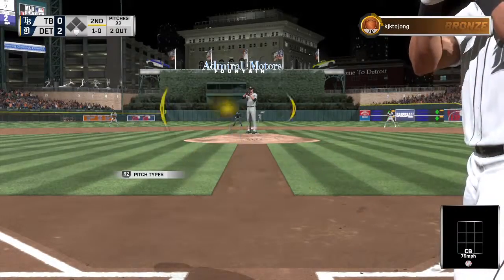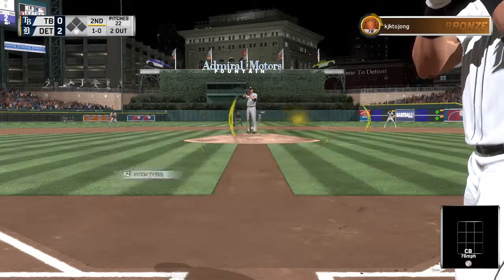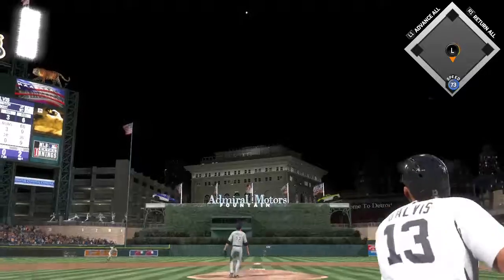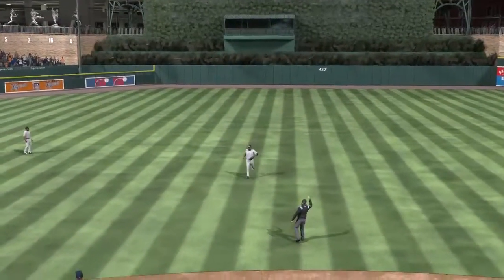And a good idea to hold off on that swing. It's ball one. Into his windup. Here comes the 1-0. Swing and a little blooper to center. Coming in on it is Kane. He makes the play. A great catch on the...